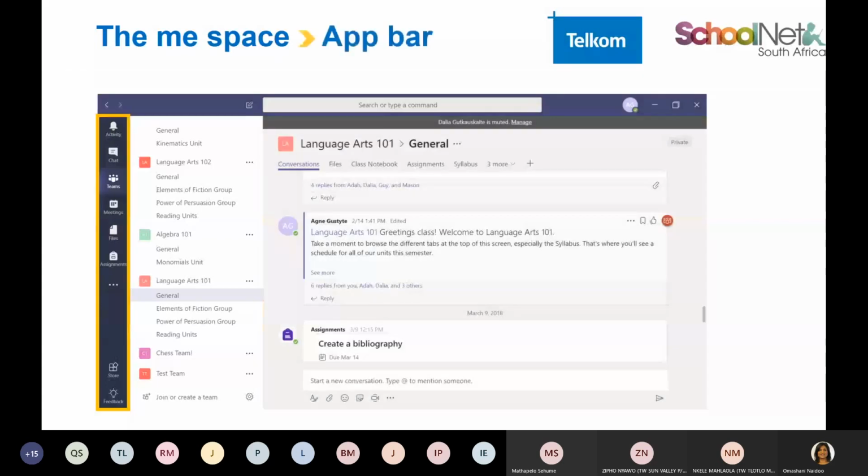Now, the app bar is where you would have clicked on. When you click on the Teams icon, you'll be able to see all the teams you belong to or the ones that you've set up. When you click on the chat, you'll be able to see the chat functionality. When you click on activity, you'll be able to see all of the activities that you're involved in. The meetings, if you